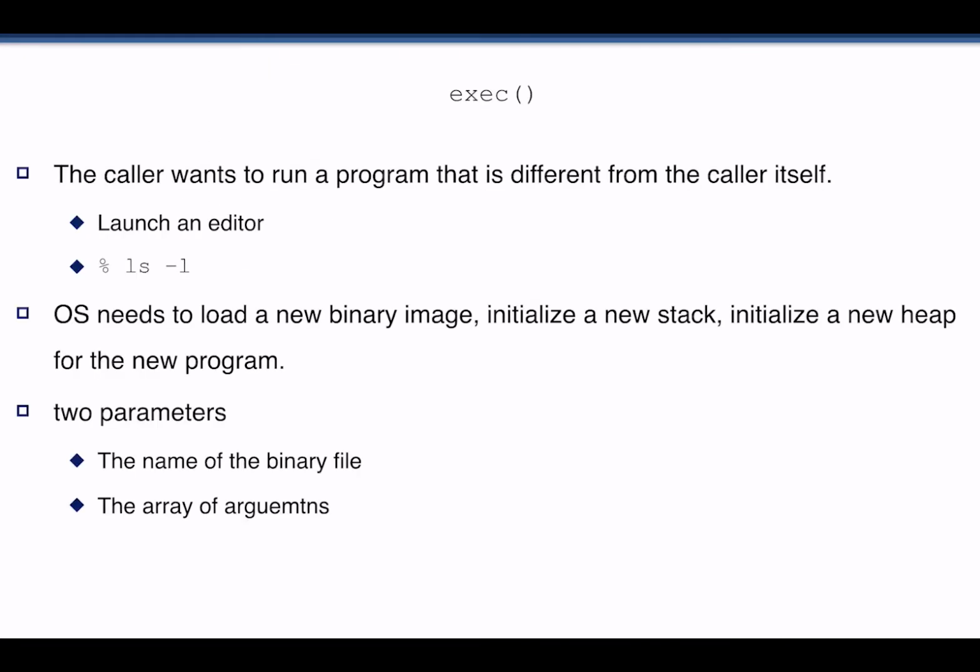I am going to explain how the Unix operating system runs a new program. The fork system call creates a process, but it creates an identical copy of the parent. What if the parent process wants to run a different program? For example, you want to launch an editor, or in the command line you type ls -l to list the